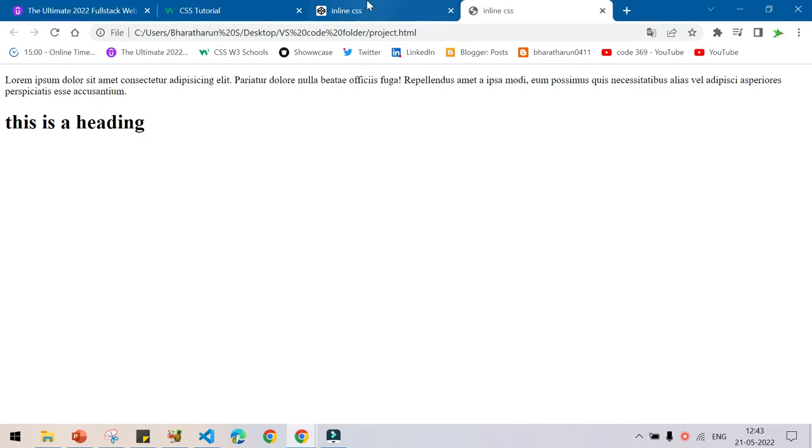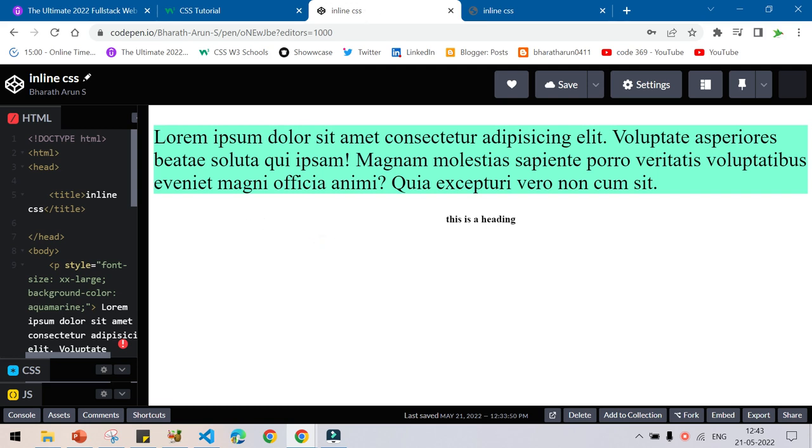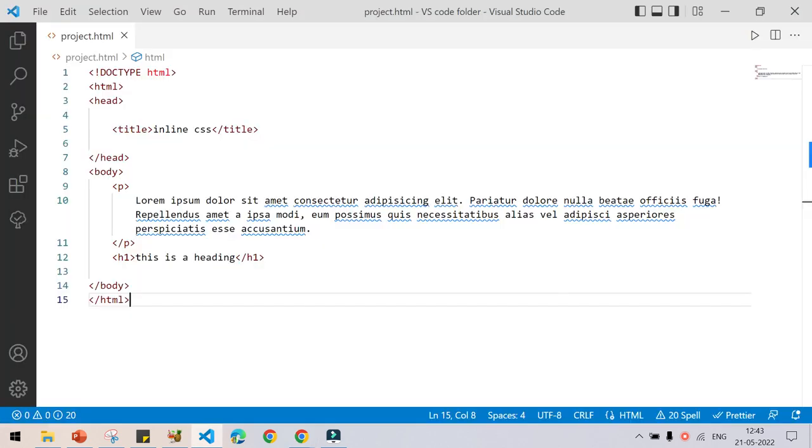Now, here in inline CSS, what you have to do is change this paragraph's font size using inline CSS. How to do that? Just go to the element's open tag